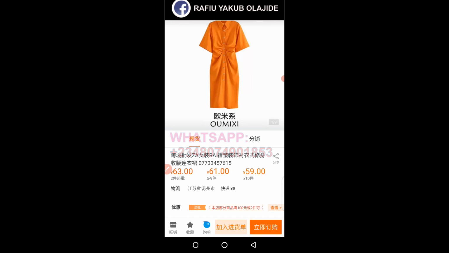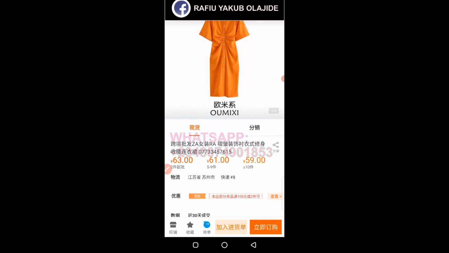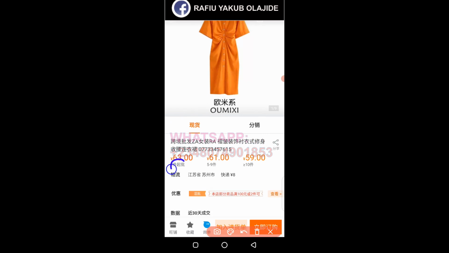And in today's video, I'm going to teach you how to buy below MOQ on 1688 without any stress. All you have to do is watch the step by step I'm taking in this video and see how you get it done. Right here you can see the MOQ of this product is 2, but in this regard I need just 1 piece of this particular product. So I'm going to walk you through step by step on the logic you have to